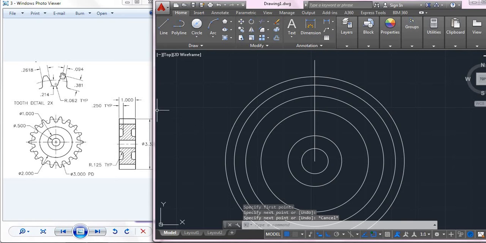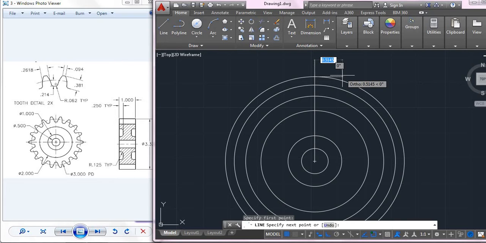Then, in order to draw this profile, we have the upper edge dimension, given as 0.94, and the middle one given as 0.2618. So we will draw the upper edge first, that is 0.94. In order to do this, we will take a line from this end. I will draw 0.94 by 2, that is half of 0.94.